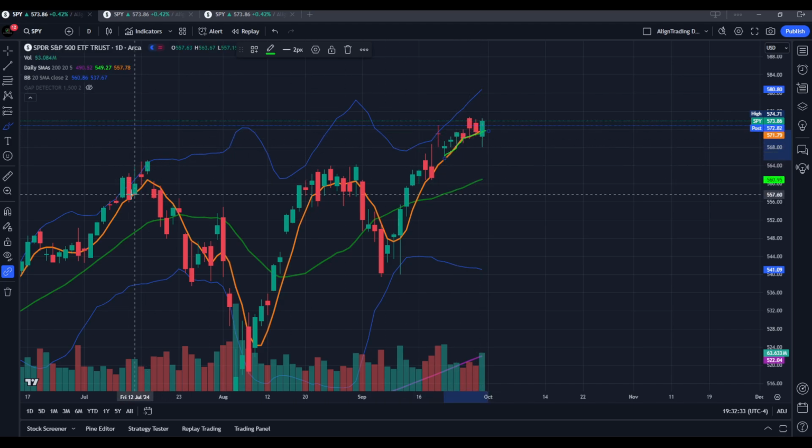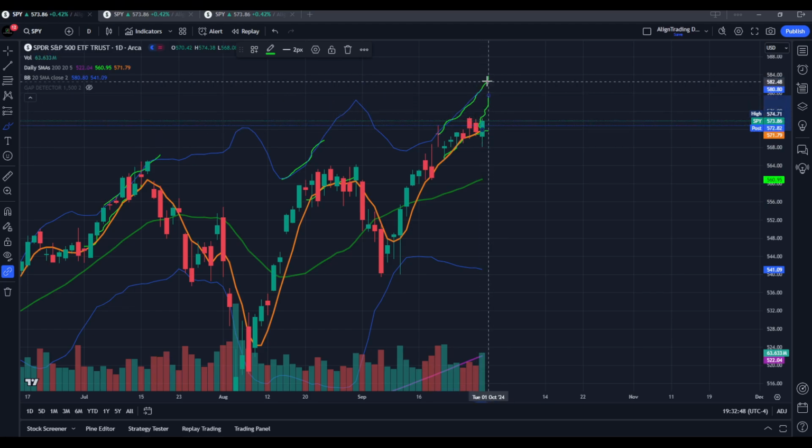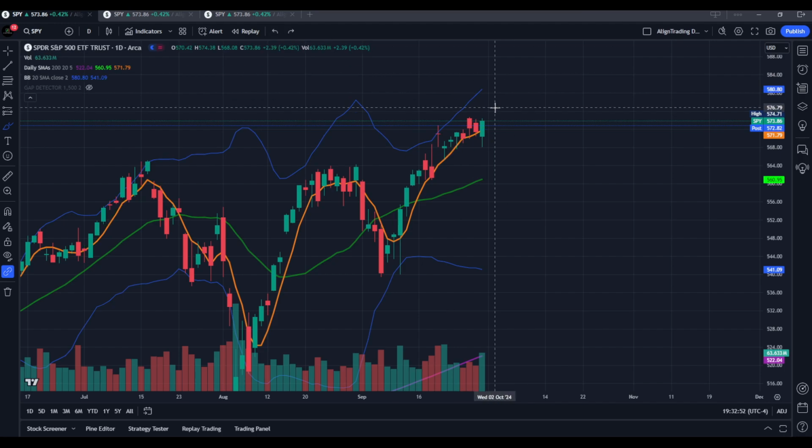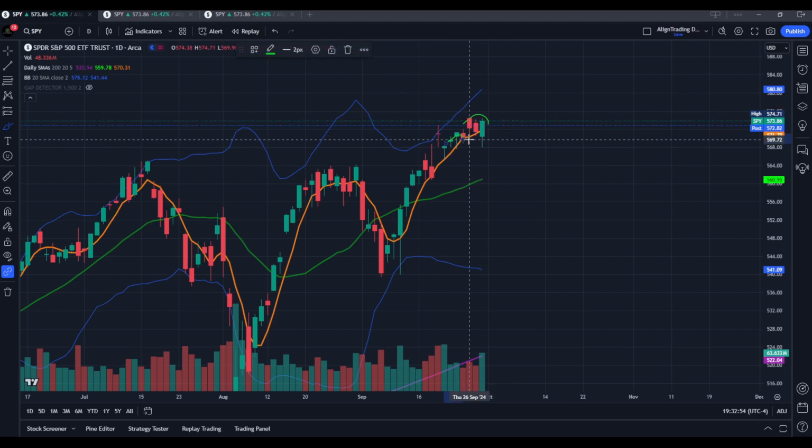Here on the daily chart, as we've been talking about, this 5-day moving average continues trending up, and we are remaining above it. Same thing right here. You see how we are holding this 5-day moving average. Upper Bollinger is trending up. Same thing right here. So if we can continue to see this push up, Upper Bollinger will be the next target. Otherwise, you can look for us to get below that 5-day moving average.